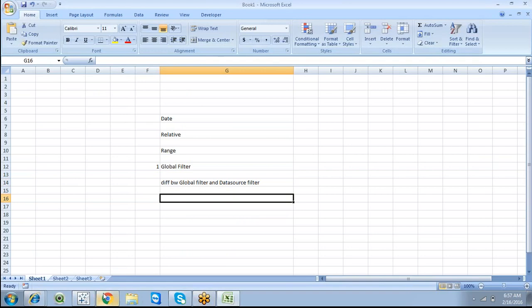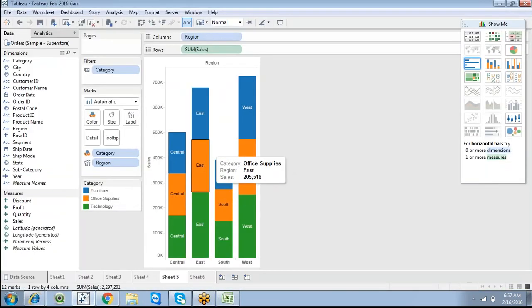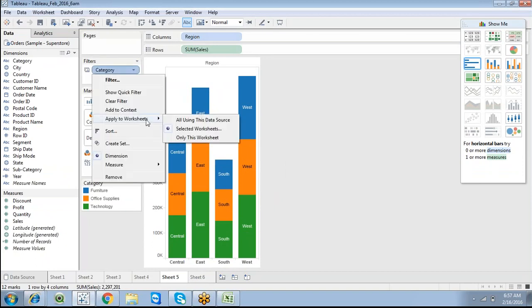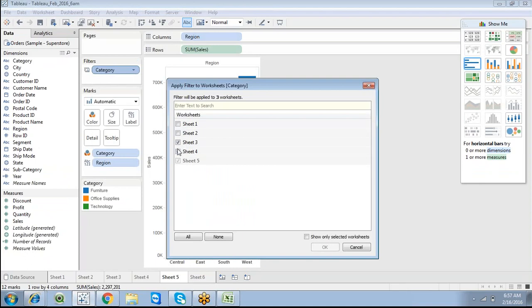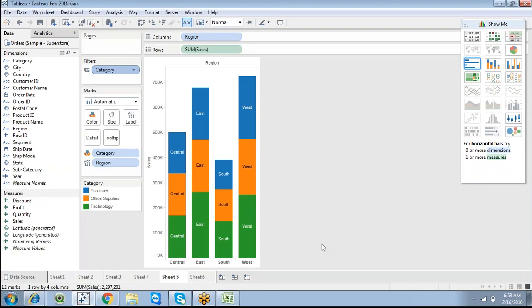If you want to restrict a particular filter across all the sheets, you can go with the data source filter, or if you want to restrict it across selected worksheets, you can apply the filter to selected worksheets only. So this is the simple differentiation between a global filter and a data source filter.